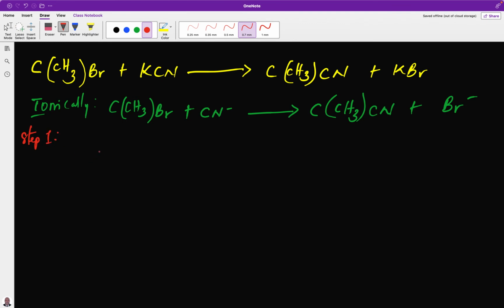In step 1, ionization of the C-Br bond. Ionization of the C-Br bond. And how does it go? It goes like this. I have 2-methyl